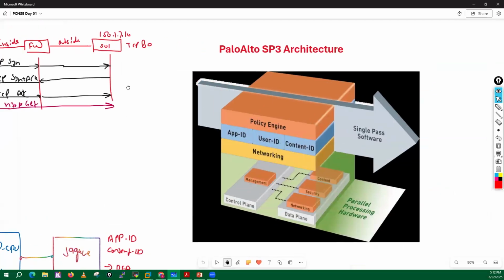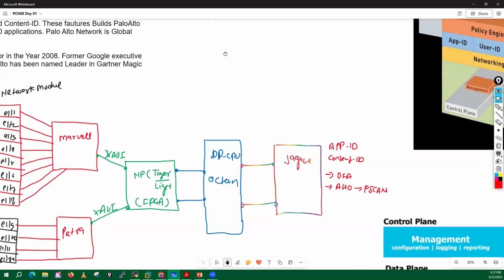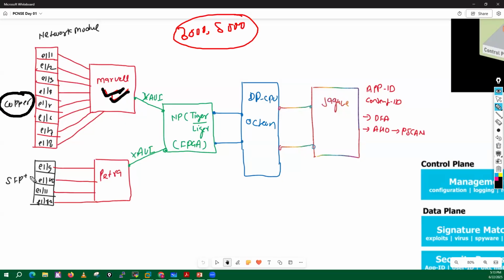Now, one more thing I want to cover, guys. This is the data path of your old diagram, in your old boxes like your 3000 series box and your 5000 series box. They used to have a Marvell chip here, which basically connects all your copper ports. And all your SFP+ ports used to have connectivity with the Petra chip.